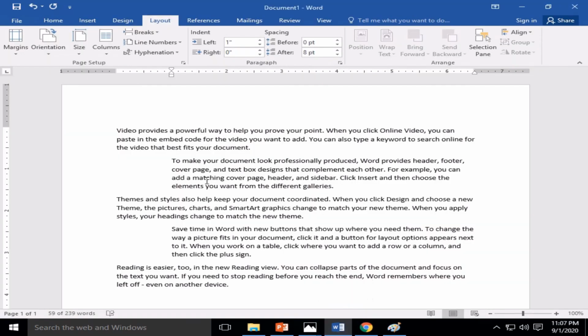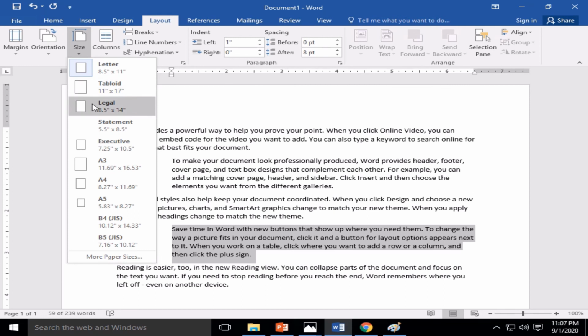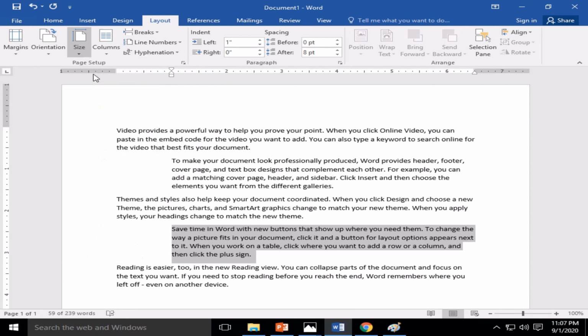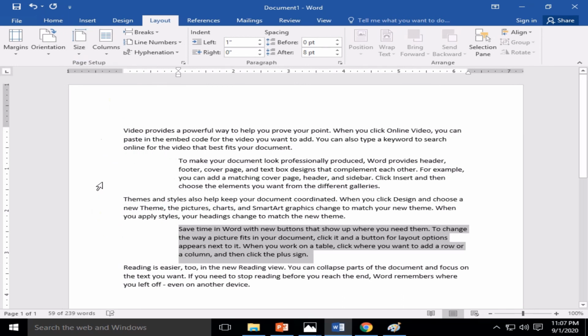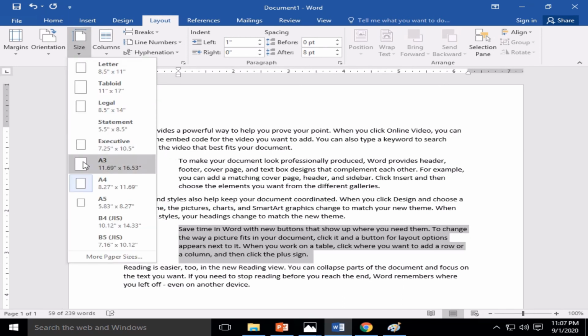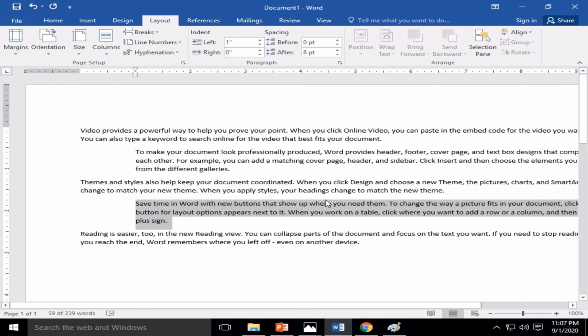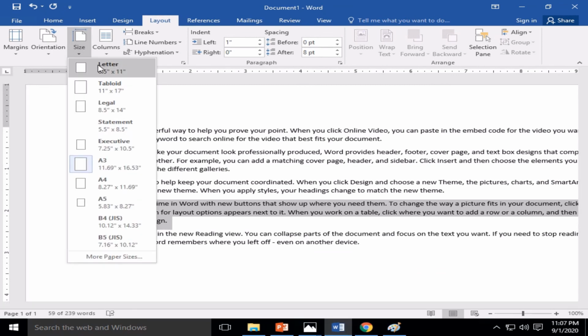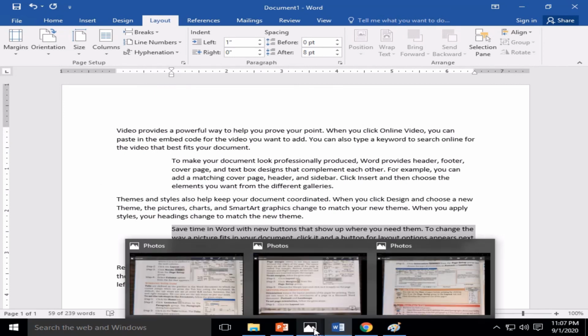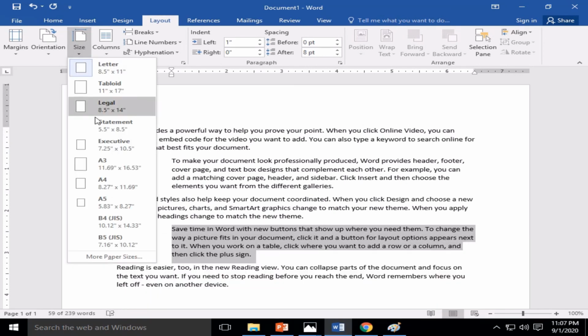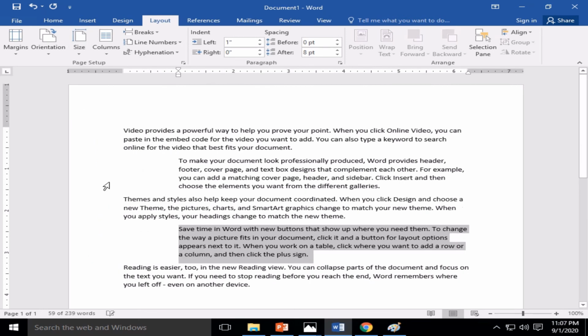Click on the Size button and set the size, whether Letter size, A4 size or A3 size. Generally we keep it A4 size because we generally take prints on A4 size.